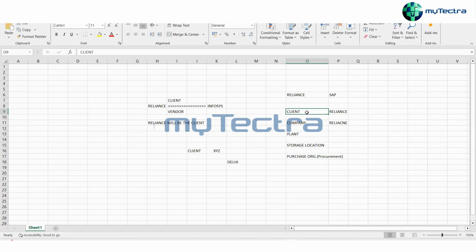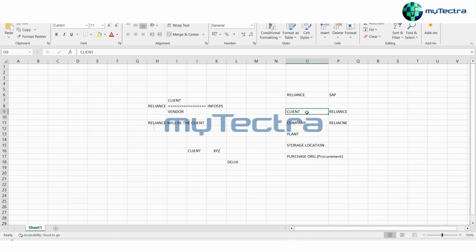Suppose you have 4 people for the finance department, 4 people specifically working on the MM department, and 4 people specifically working on the SD department, because a single man cannot handle all these things. There are configurations or entries made by different team members.